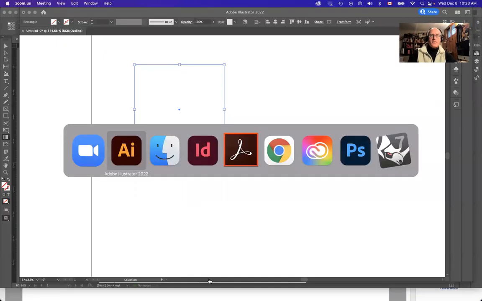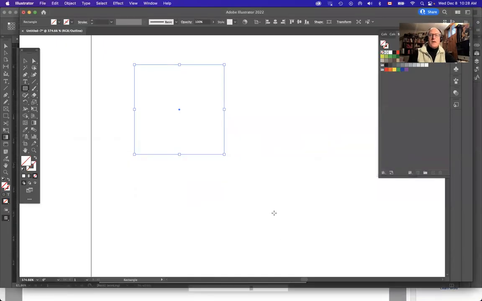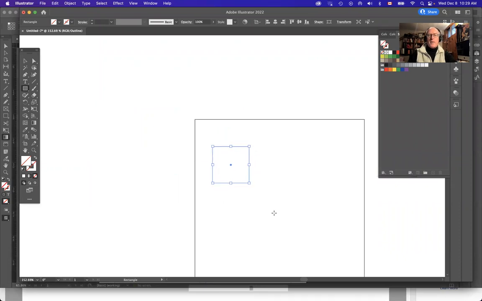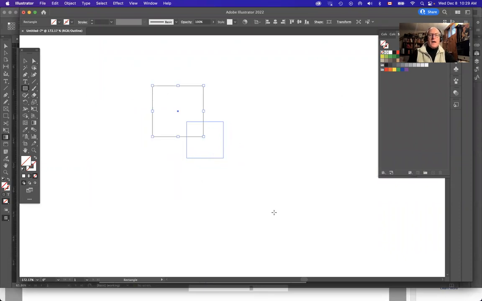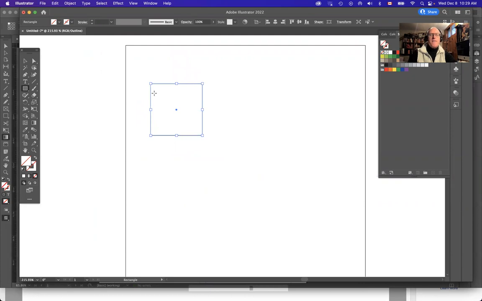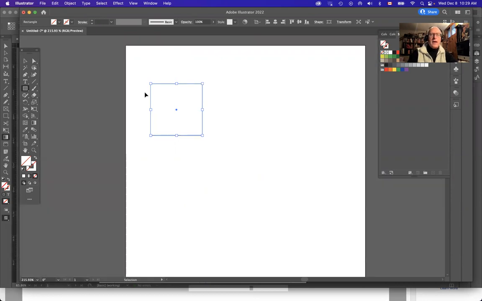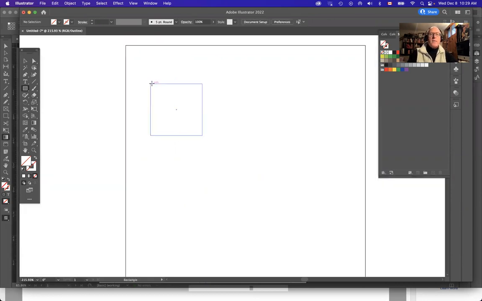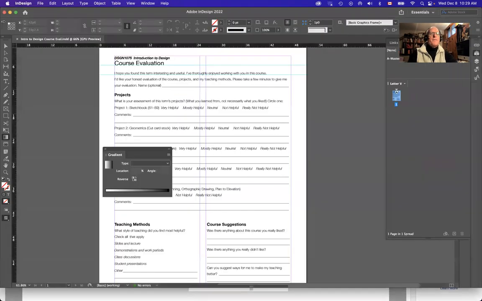What I did in Illustrator was I just drew a box on a regular page. I just made a new document, made a little box on here, and I filled it with nothing and gave it no stroke. What I'm going to use that for though is to define my pattern. So let's say I wanted to make a plaid pattern, like a shirt or something like that. So I'm going to draw a few stripes in here. I'll just put a box like that and fill that maybe with